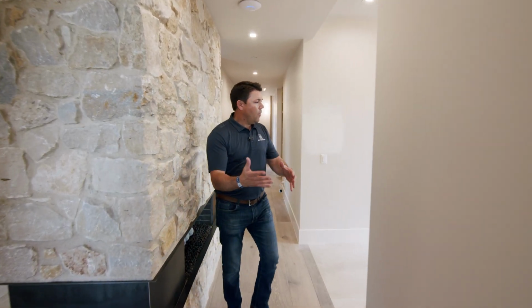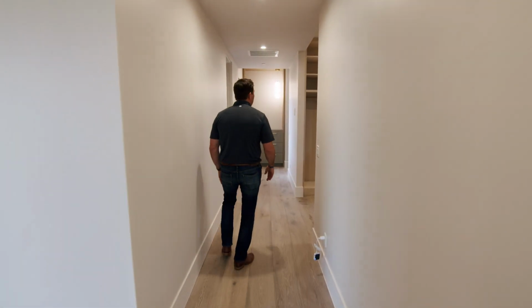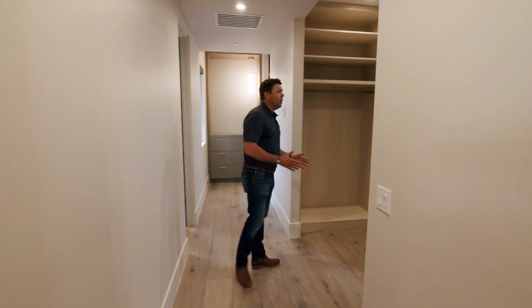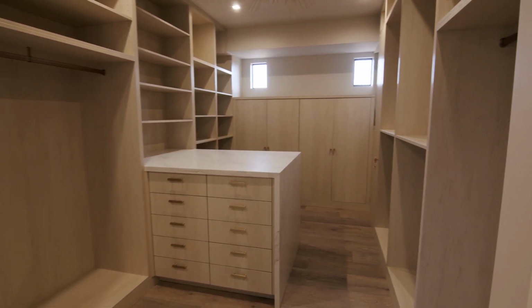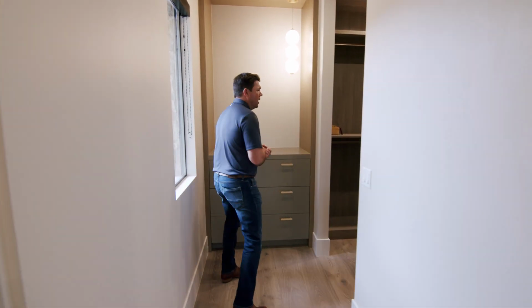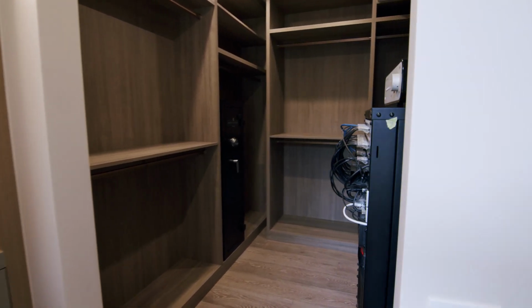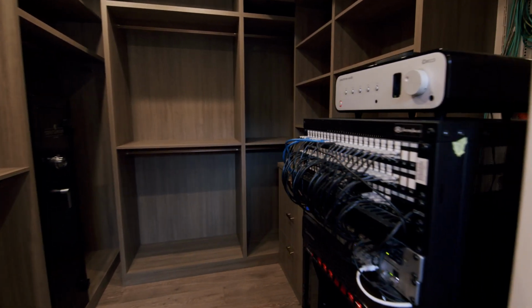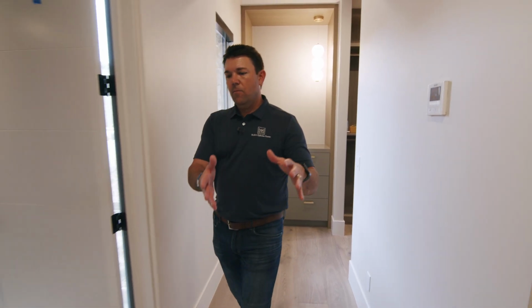As we continue down the hallway, out of the master bathroom, we head down to the closet. So we have his and her closet, so we have her closet here, lots of great space. Heading back to this end, we have his closet with some cabinets in the hallway, on into the closet room, as well as all of the audio video control. Then we circle back